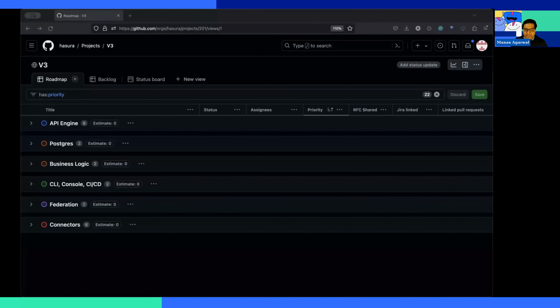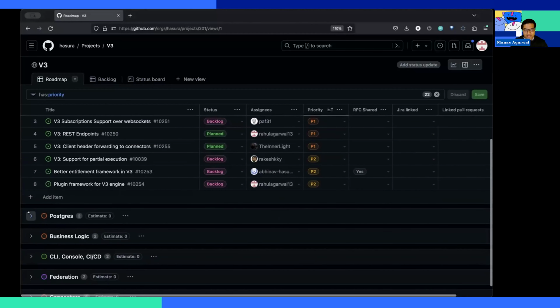And then there are things around what connector we are launching next, what more we're doing in different connectors around different databases. That's how we have categorized it over here. This is a very early draft. These are things that are top of our mind. If you expand it and open it, we'll go through it a little in this call as well.